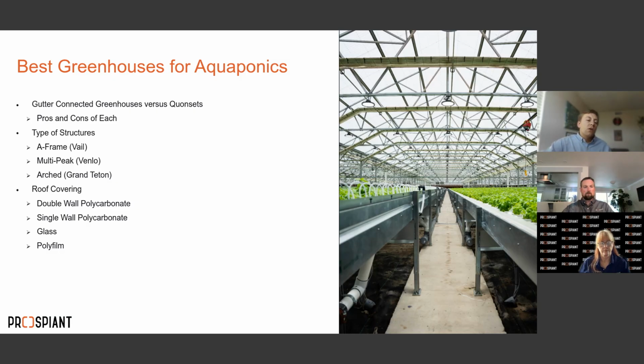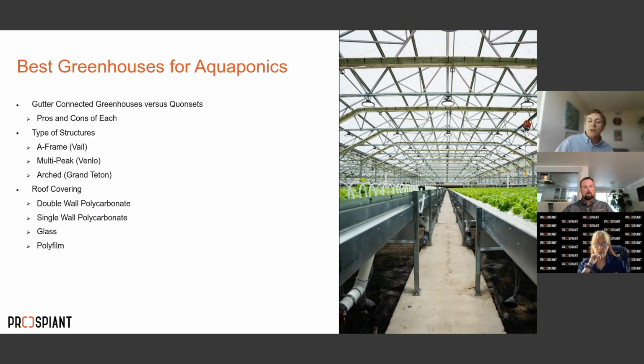And then you can also look on that cheaper end. It's going to be less efficient and it's not going to be as good operationally, but looking at an arched, or what Prospient would call our Grand Teton style. So this could be Gothic, or it could just be your traditional Quonset style roof. And the reason why we're looking at these ones is a lot of it is going to have to do